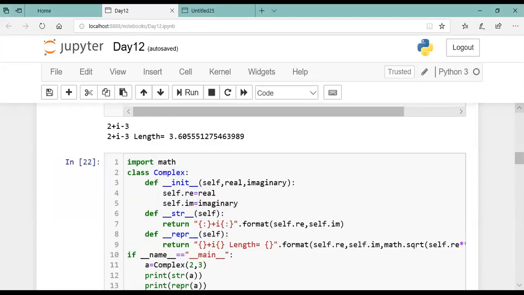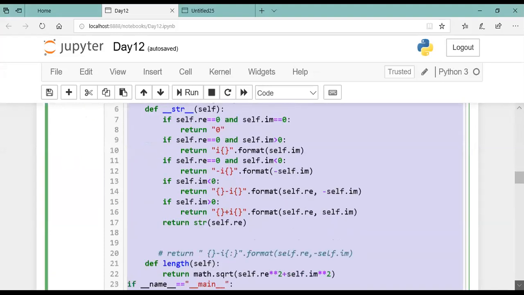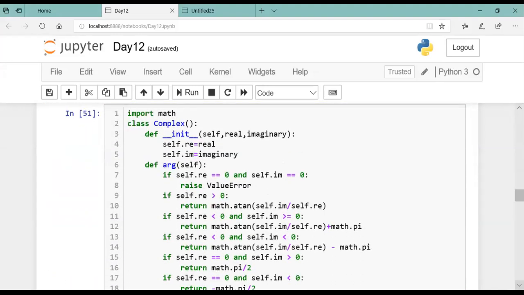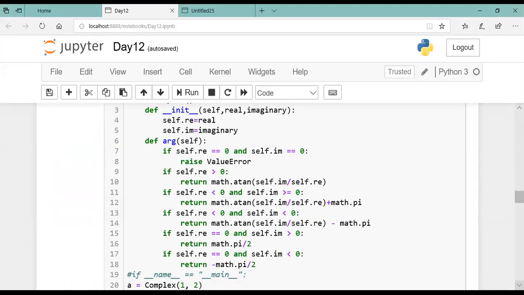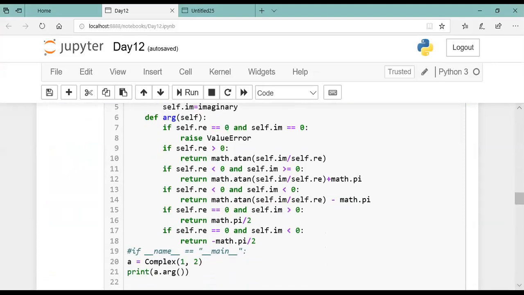Any further questions? Okay. So let us solve one more example based on this, based on the complex number class.